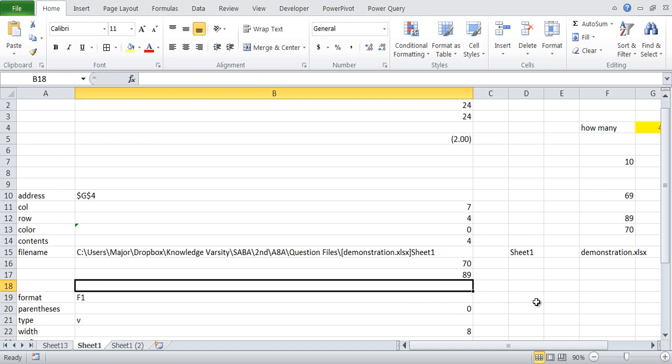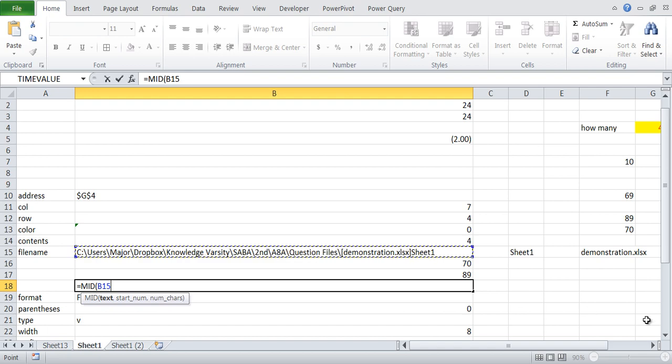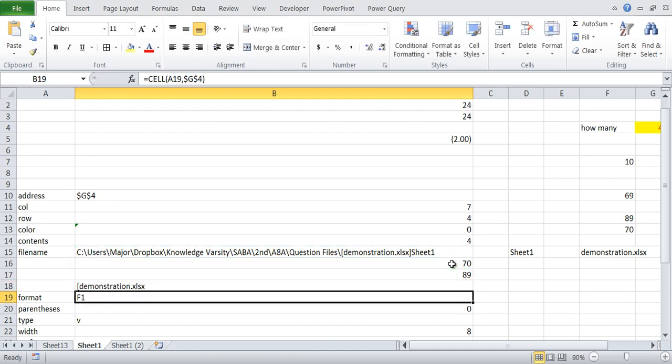Now if you use the MID function, it will ask for the start text and the start number. We want to start at 70, and the number of characters will be 89 minus 70. Let's see what it gives.